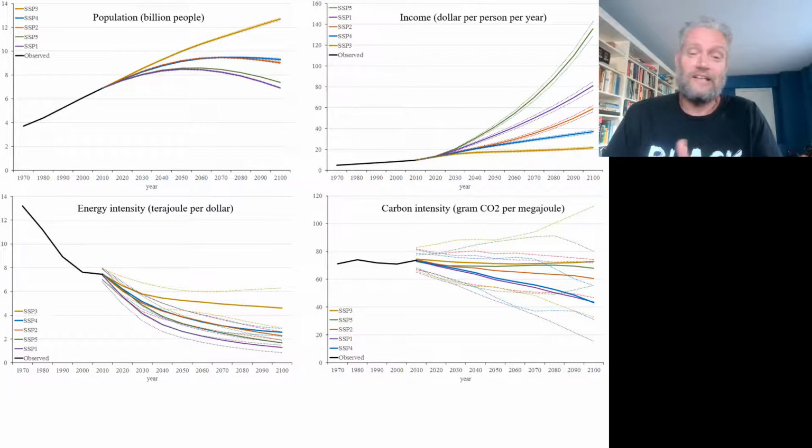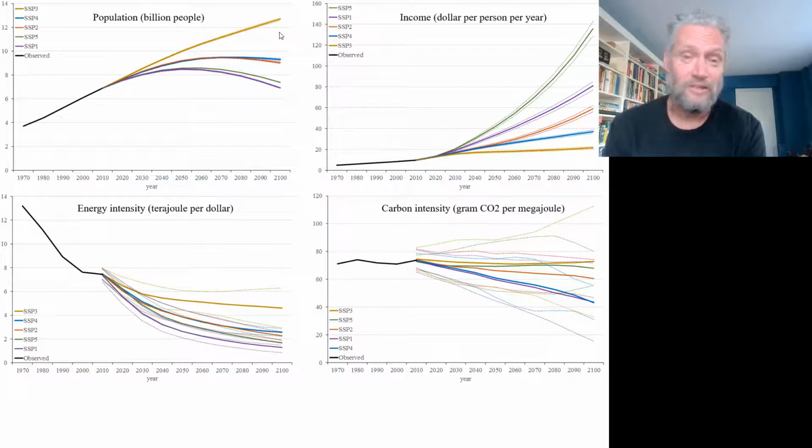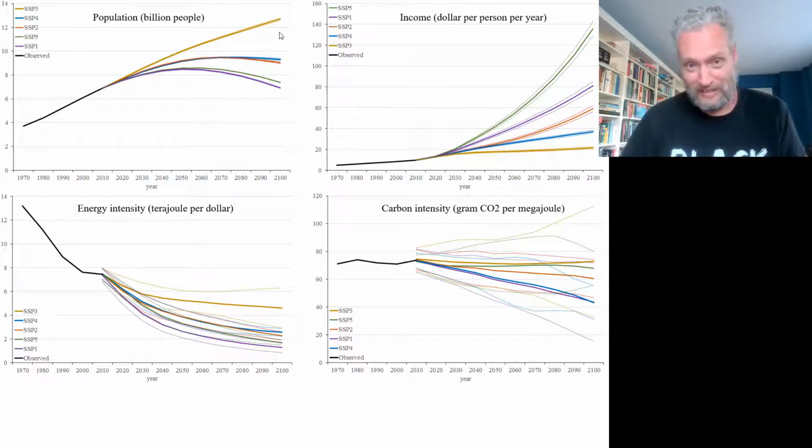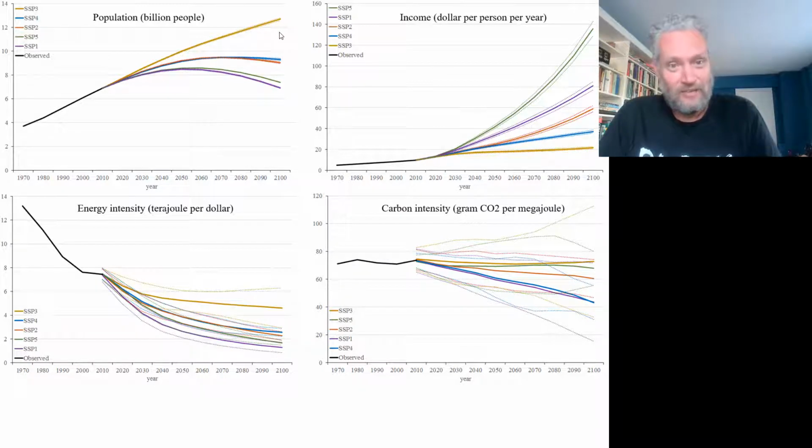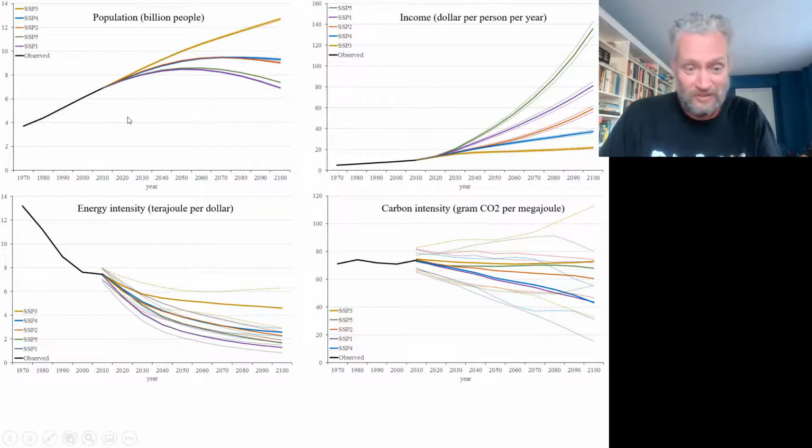Let's start with population. What you see is that there's essentially only 3 scenarios. Also what you see is that there's very little model disagreement. So the central line is the average across a number of models, and then the dotted lines that you barely see are an indicator of the disagreement between the models. That's not because projecting population is so easy, but it's more because the models tend not to focus on this and just clone each other.